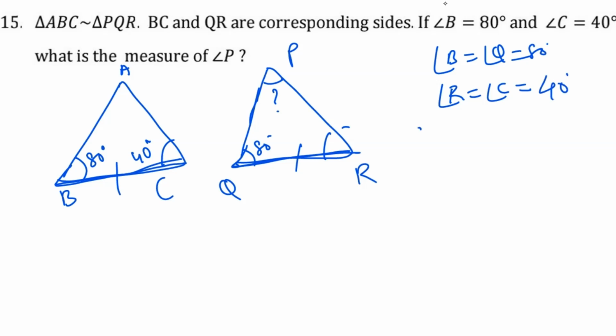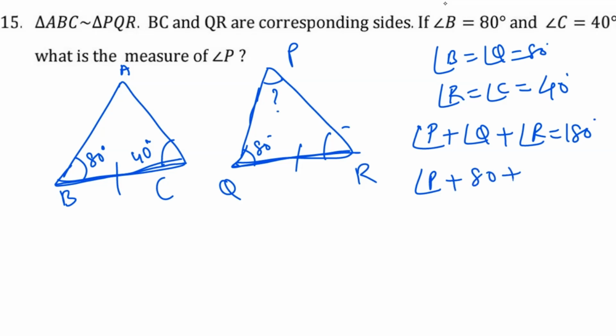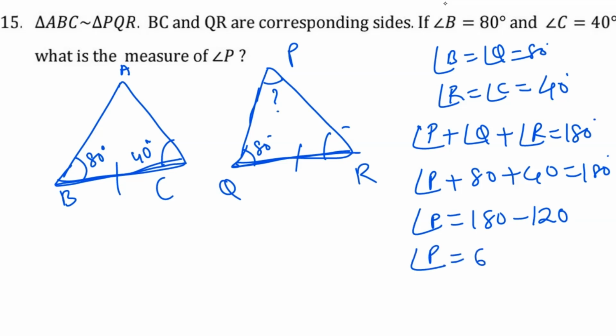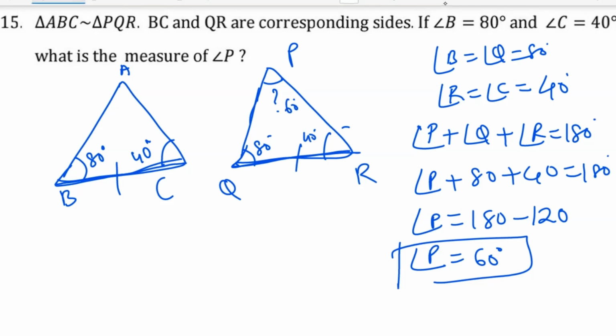Now by using the angle sum property, the sum of the angles of a triangle is 180, we can write angle P plus angle Q plus angle R is equal to 180. So angle P plus 80 plus 40 is equal to 180. So angle P will be 180 minus 120. Angle P will be 60 degrees. So here it is 60. Then moving with the next question, you have